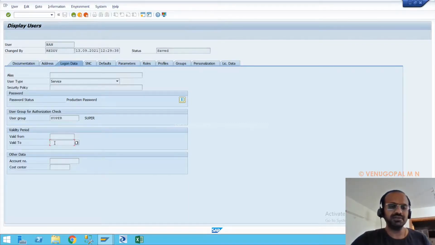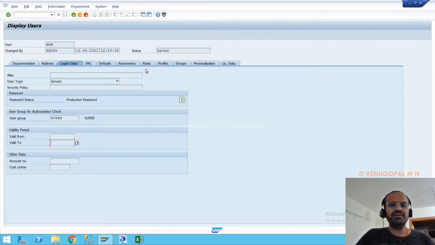Okay, but in an actual productive environment, what generally they will do is set a validity to date, which is nothing but an expiry date. For example, 12/31/2021. After 12/31/2021, on 1st January 2022, when you try to log on, you will not be able to log on because your user ID has been expired. In that case, you have to get the necessary approval and seek the respective team. Predominantly, it is the security team. They will go ahead and extend the validity. The only thing they will do, extension of validity, is come over here and change the date to a future date.